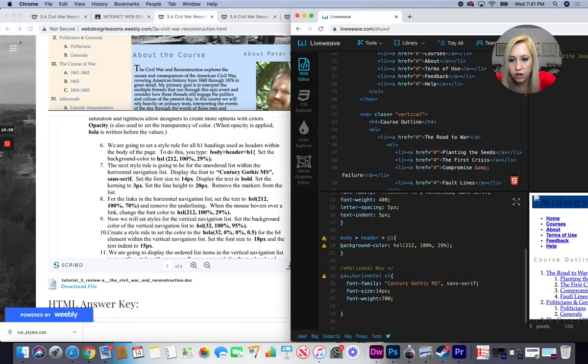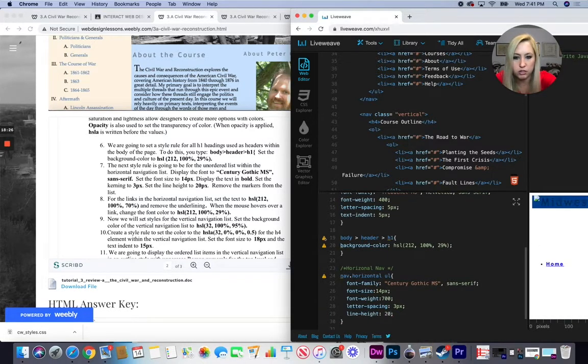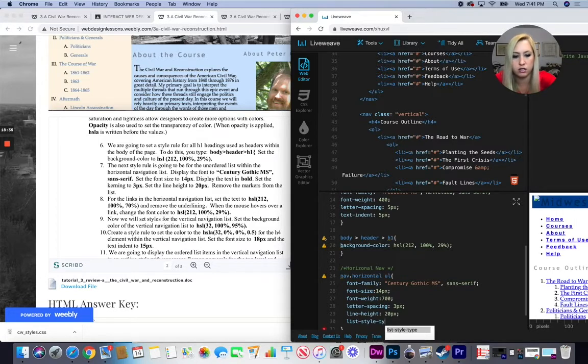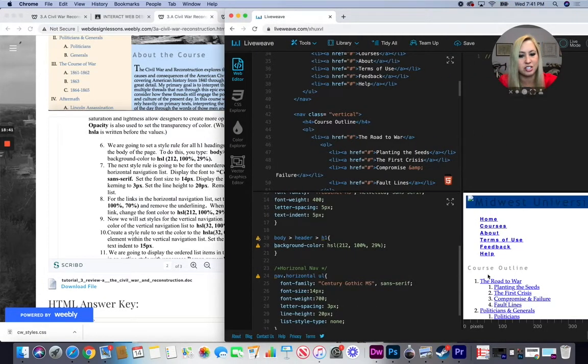And then we want our kerning, so letter spacing, to be 3 pixels. And our line height is 20 pixels. And remove the markers from the list, so list-style-type none. Okay, so you can see all of those changes that happened to our horizontal list up here at the top. It's not quite horizontal yet. It will be when we add our other CSS page in, but you can see those major changes that we